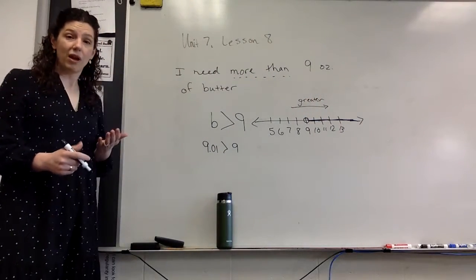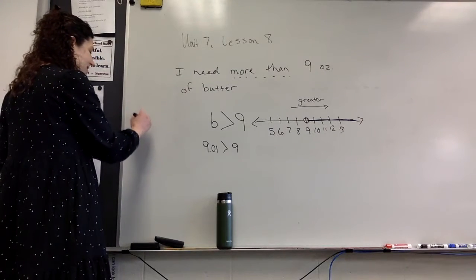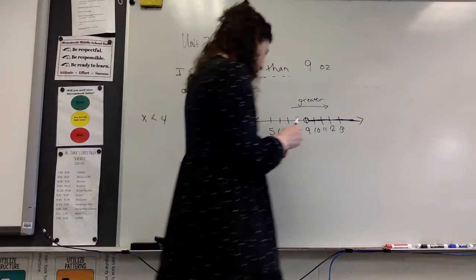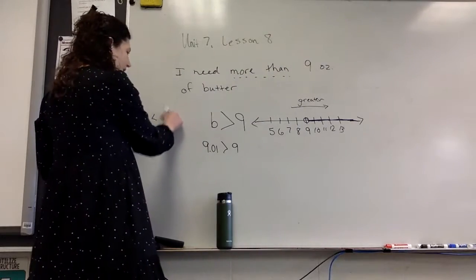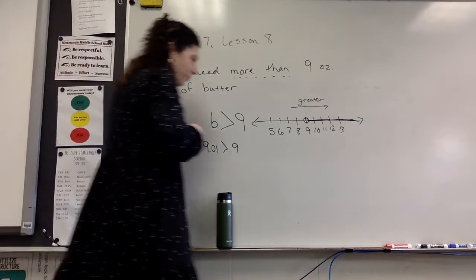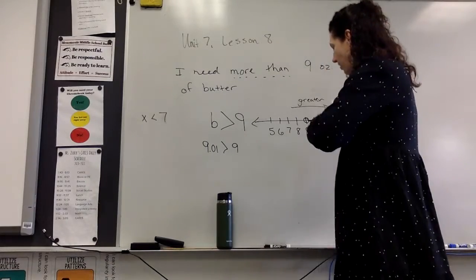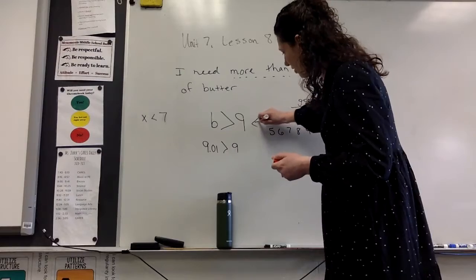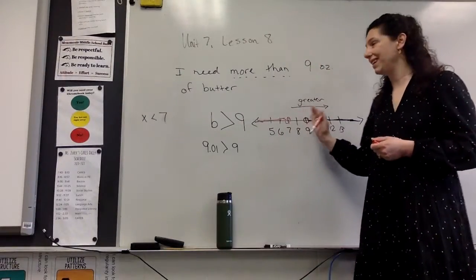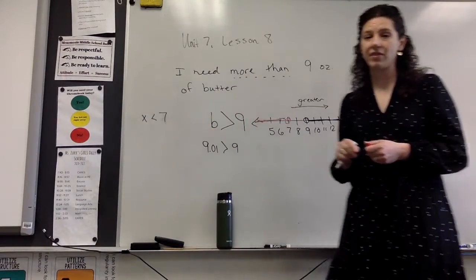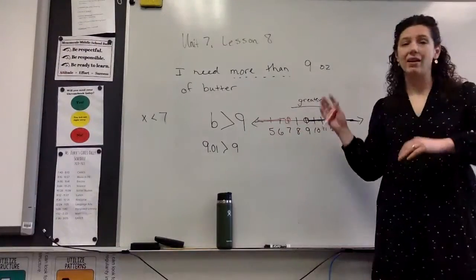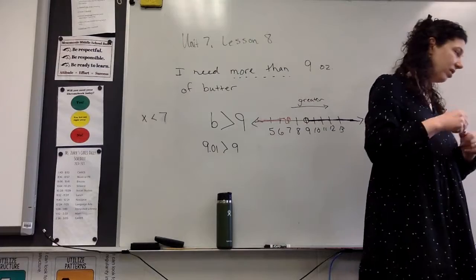If I was going to graph something that is less, like x is less than 4, I'm going to switch, let's not use 4 because that's not my number line. x is less than 7. I would again start at 7, right? And then my line is going to move to the left because it would be anything to the left of 7 on the number line. 6, 5, 5.5, 6.9, all of those things would work. Okay,